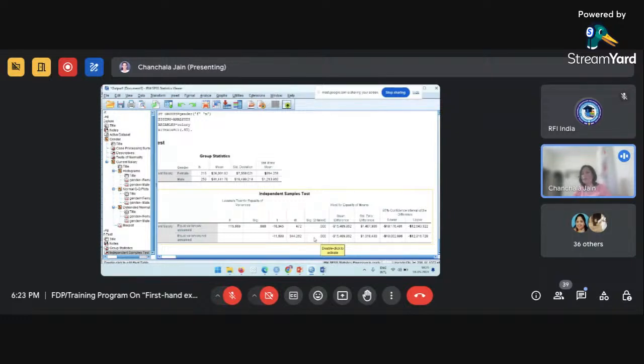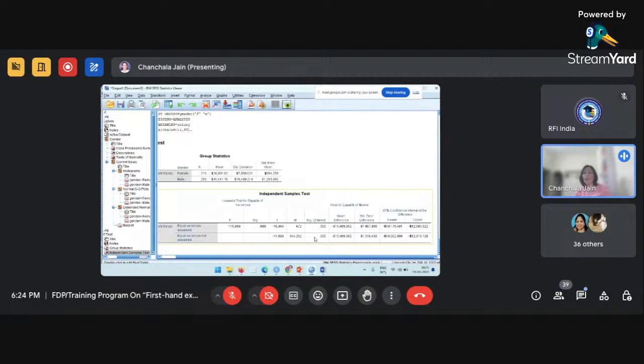So that means we are not going to accept the null hypothesis of the t-test. So can any one of you tell me what will be the conclusion here if I'm not accepting the null hypothesis? There is a significant difference between the mean salary of male and mean salary of females. Very correct. So that means we are concluding there is a significant difference existing between the mean salaries of male